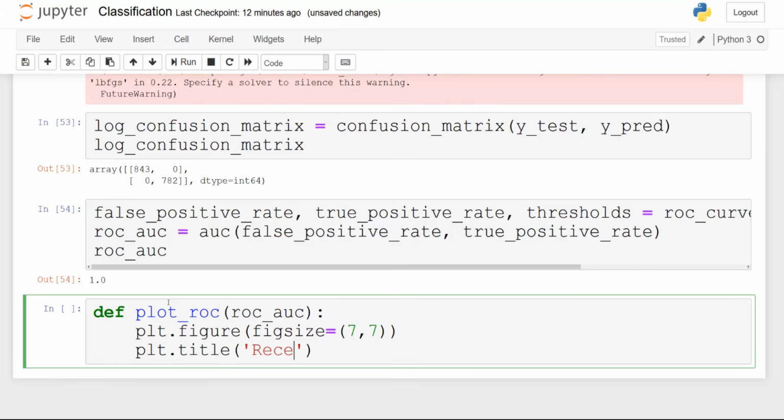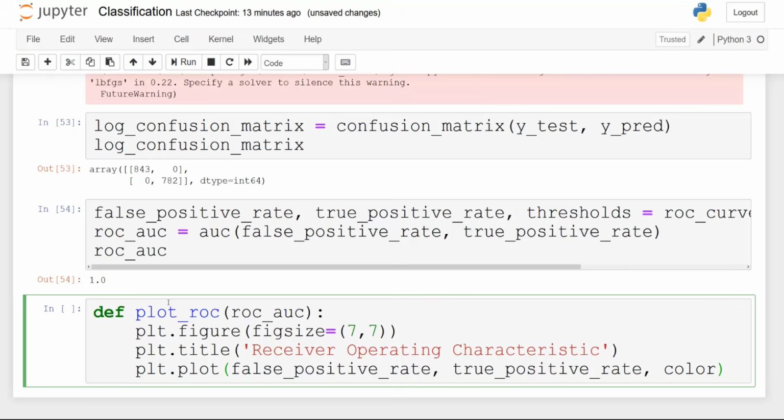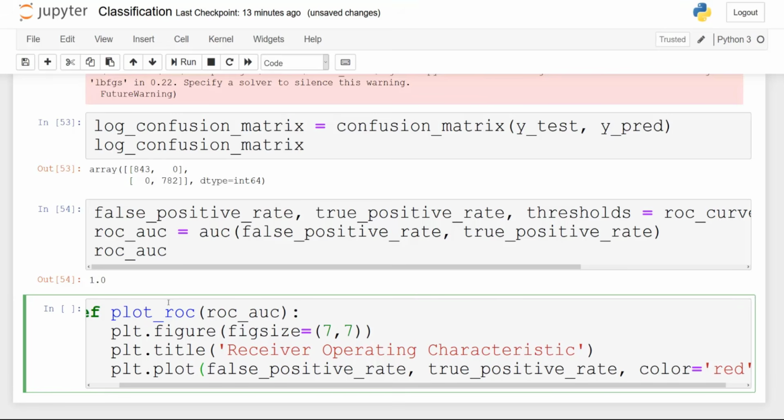I'm setting the title to Receiver Operating Characteristic. Then I am going to plot the false positive rate and the true positive rate, and I'm going to give it a different color.